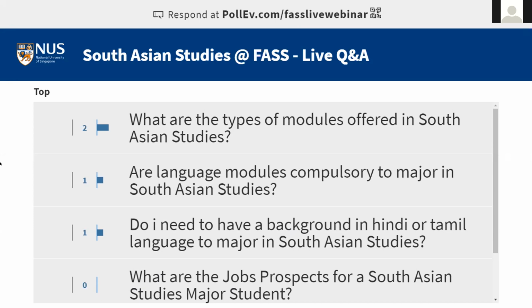We have a general education module on South Asia in Singapore. We also have politics-heavy modules, for example, a module I offer on governments and politics in South Asia, or the emergence of contemporary South Asia. Then we have some economics modules, for example, on globalizing India, the politics of economic change, and Indian businesses.